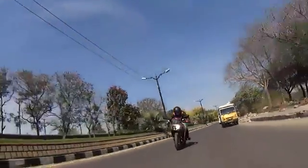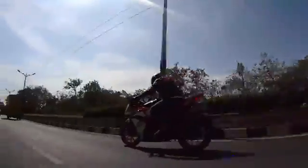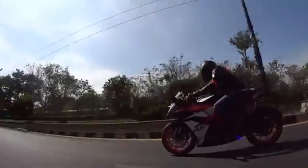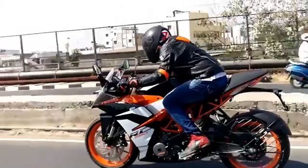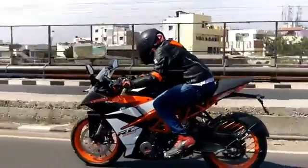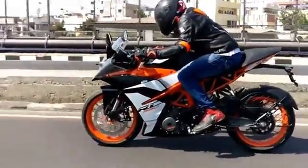Now, I cannot comment about the cornering capabilities because I didn't take the bike out on a track, nor could I find any sharp corners on the streets to test out its cornering potential, but we all very well know that for the RC, cutting through corners is as effortless as a Sunny Leon item number crossing 1 million